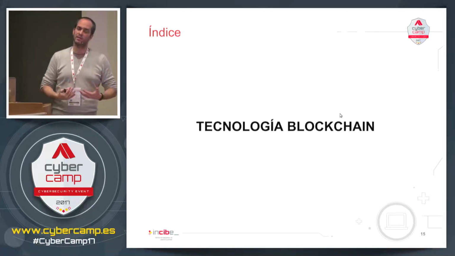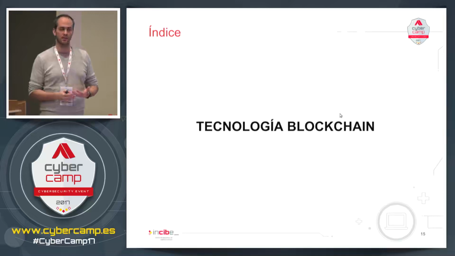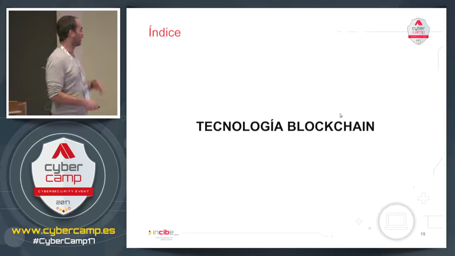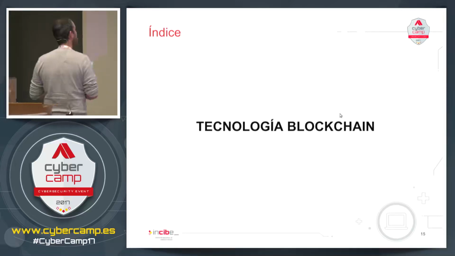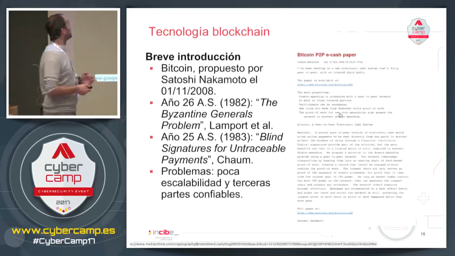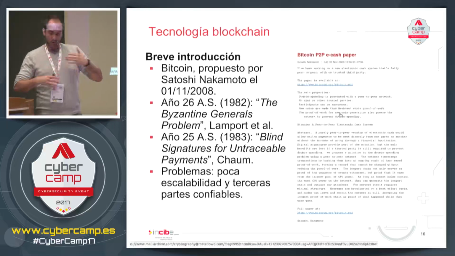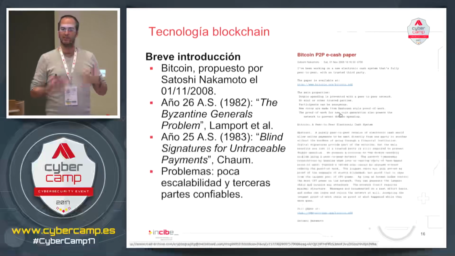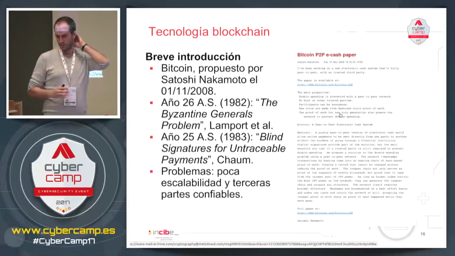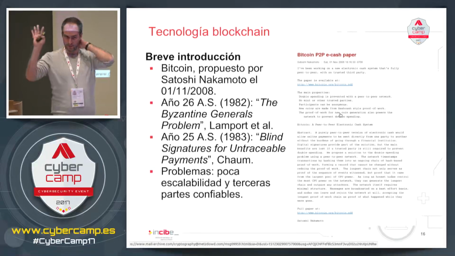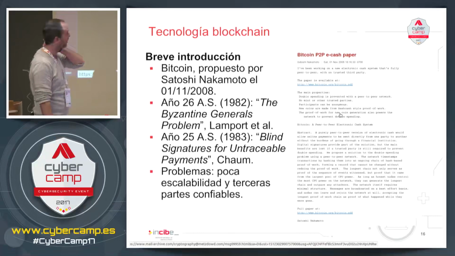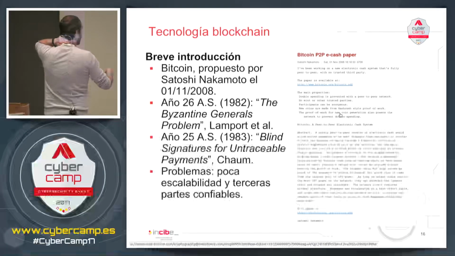So we've seen the cryptographic primitives that are used in any blockchain system: digital signature, Merkle trees, and cryptographic hashes. And now we'll see the blockchain technology. Okay, I'll go slowly, because these are basic concepts, and I want you to understand them. And if you get lost, please raise your hand, and I will explain in detail.